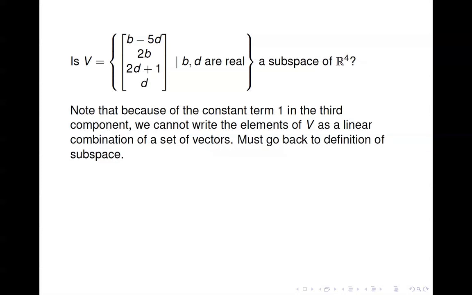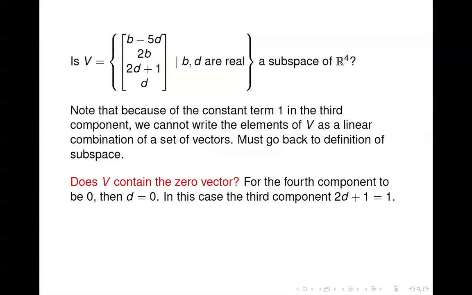So in this case, we have to go back to the definition of subspace. That's those three properties that every subspace must satisfy. So first one was, does it contain the zero vector? And if we look, for it to contain the zero vector, clearly D has to be 0, which would mean